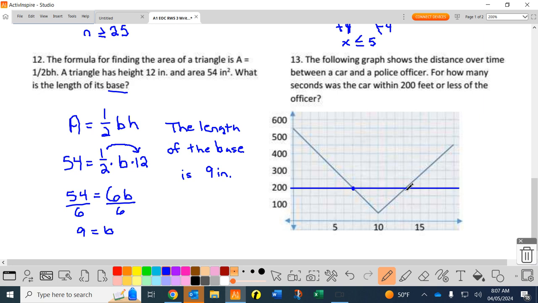Okay, so we're going to count blocks for that. That's going to be 1, 2, 3, 4, 5, 6, and then about a half. That's an estimate, guys. It's an estimate. It says for how many seconds was the car below there, or excuse me, within that or less. So it's going to be an estimate to get to that half. It's about half, but I would say that'd be